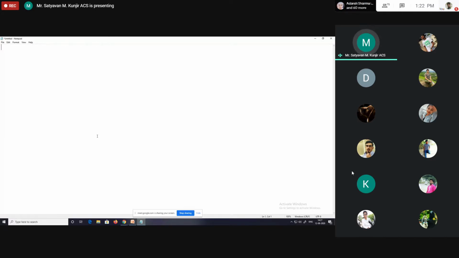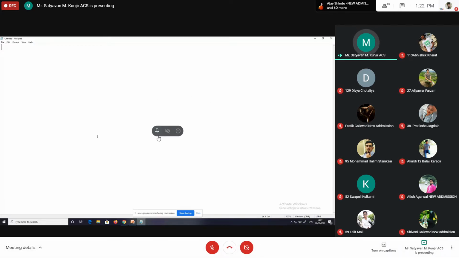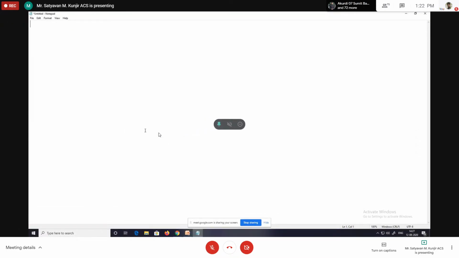See what we have to do. We have to accept file name from user, and after accepting we have to check the extension of that file. For that we have to use ends with method. If the extension of file is .java, then we have to display the name of that file. And if the extension of file is not .java, then we have to display message that is invalid file name. First you have to write. If not able to write, then I will do demonstration. Within 2 to 3 minutes we have to write. We have to think on it. We have to use ends with method. Clear?